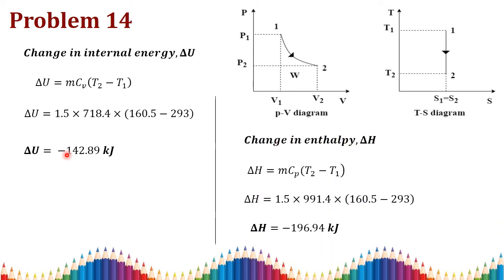Next they are asking about the change in enthalpy, delta H. So delta H is m Cp into (T2 minus T1). Substitute all the values, we know all the values. Then you will get the change in enthalpy also reduced, negative, minus 196.94. Okay. So as a result,